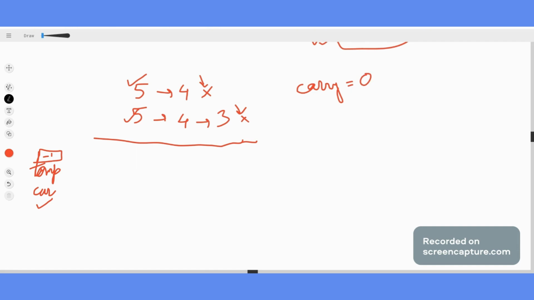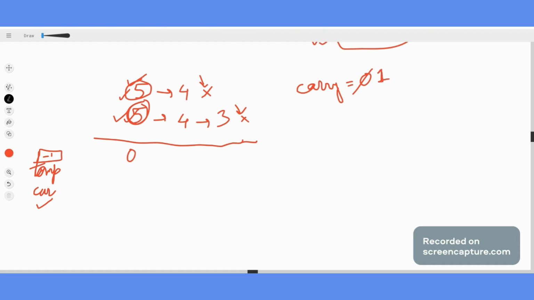Fine. Now my head is pointing to 5. Head of the second linked list is pointing to 5. Sum it up. What are we getting? First of all, what we need to see, is it null? No, 5 is not null. Is it pointing to null? No, it is not pointing to null. So we will sum it up. Keep it 0 and update our carry to 1 because we are getting 10. So we will take 1 as our carry.